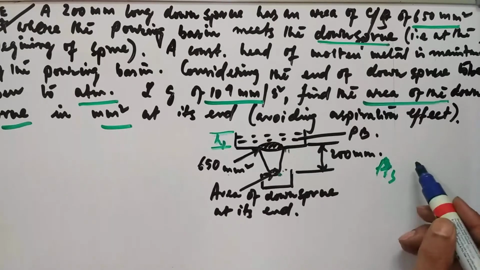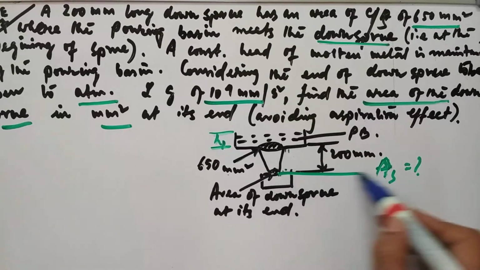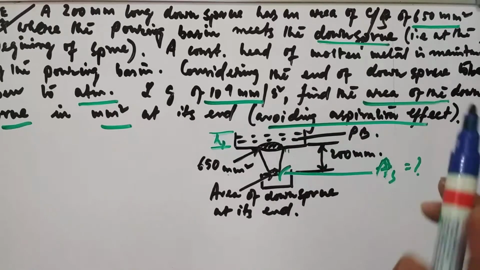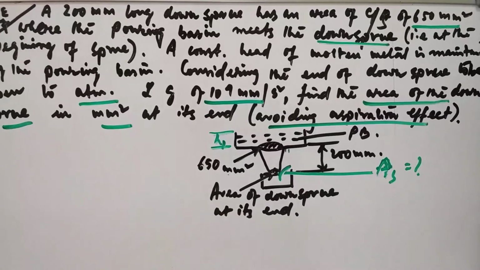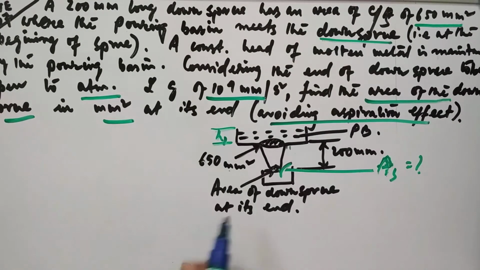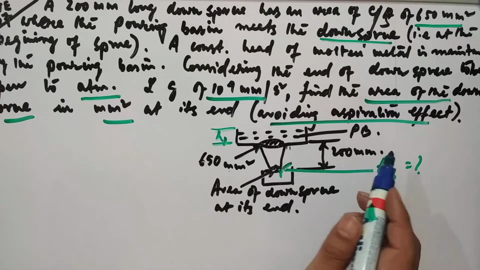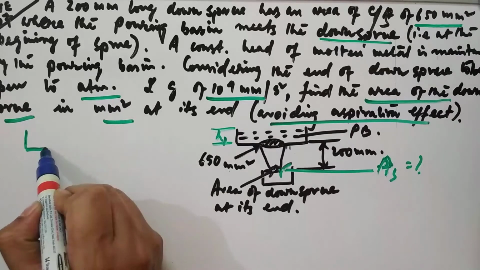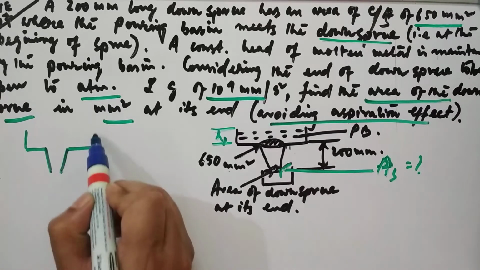At its end, this point, we have to find the area, avoiding aspiration effect as well. So that is the whole problem, and we have to now solve it and find the area of the down sprue at its bottom. Okay, so if we consider this as, say, this one,